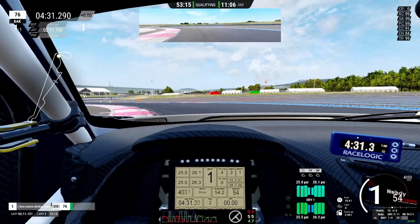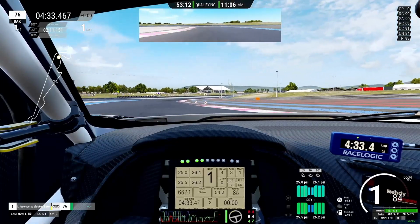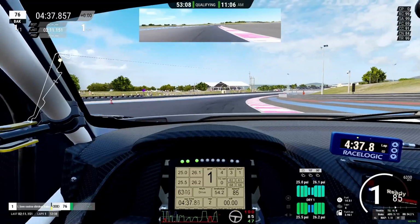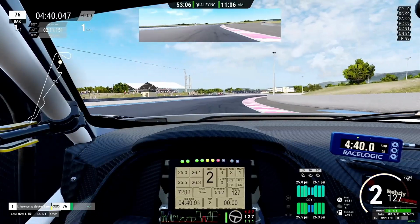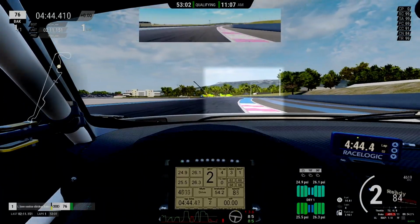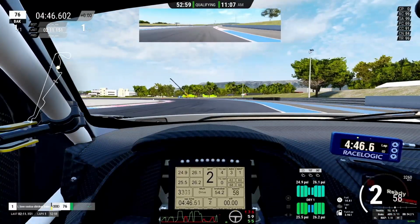Don't clip this apex because it is quite high, but try and get into the throttle as early as possible. Once again, don't run wider than those white boards or posts. Follow the curvature of the road. For this next braking zone, you are looking for the end of this curb right there. Brake a little bit after it,